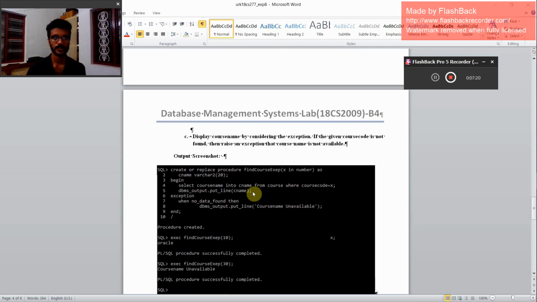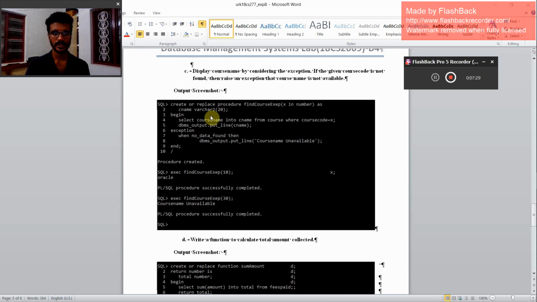So next, display the course name by considering the exception. If the given course code is not found, then raise an exception that course name is not available. So create or replace procedure find course exception. There's an exception also at the end. X number and CNAME is of char 20. Begin, select course name into CNAME from course where course code is equal to X. DBMS output line CNAME. Exception when no data found, then DBMS_OUTPUT.PUT_LINE